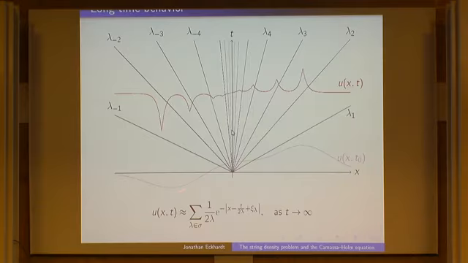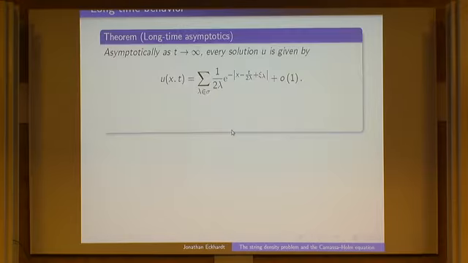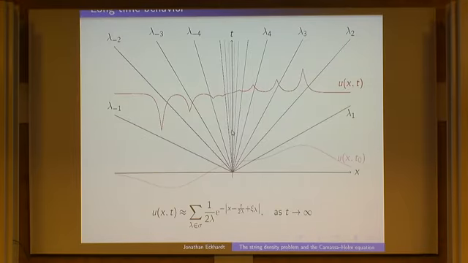If you start with an initial profile here, then all these lines represent your eigenvalues. These are the positive eigenvalues here, and they accumulate near the t-axis. What you expect is that in the long time picture, you will see single peakons running along these lines here. The highest ones will be far out, so there's one missing to the far right and one missing to the far left. But they will approximately travel around these lines, and it should look like this. So this is what this formula down there says.